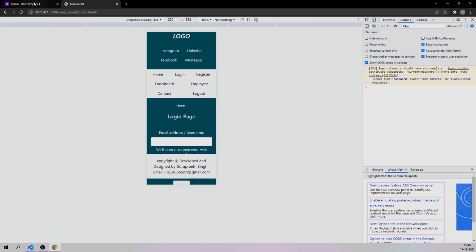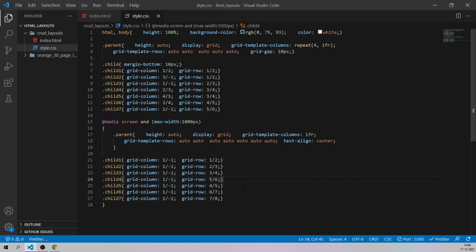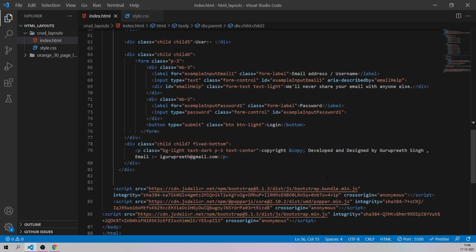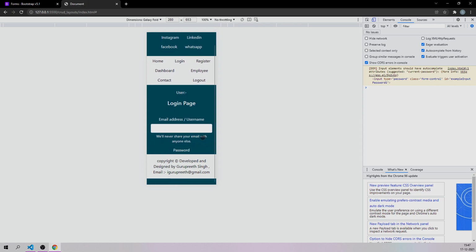One more thing: I guess that is because we have given fixed-bottom here. Fixed-bottom is given, so that is why we are getting something like this. I think that should do perfectly fine, and I don't think it's going to be a problem.